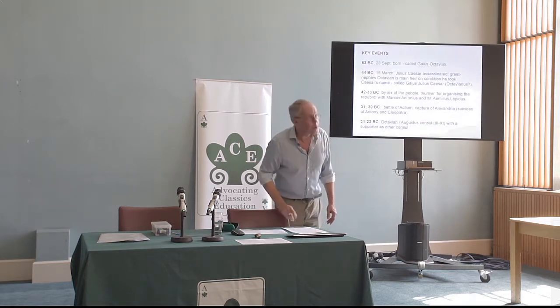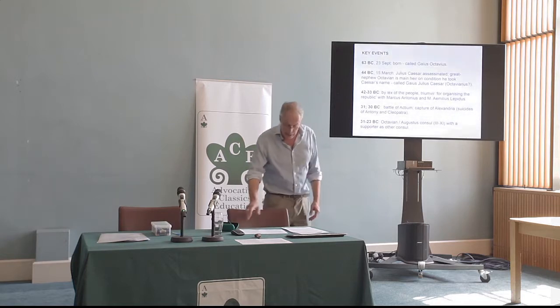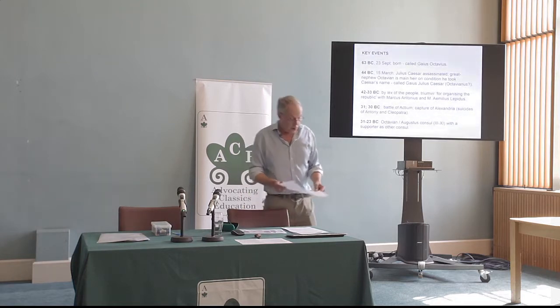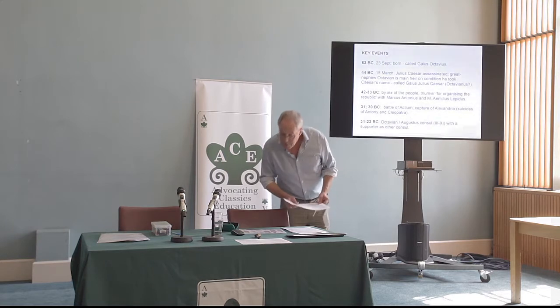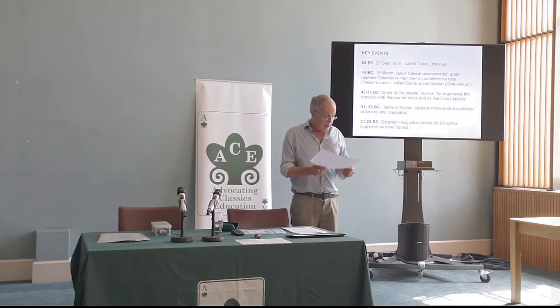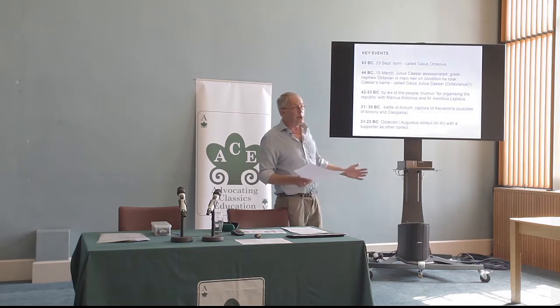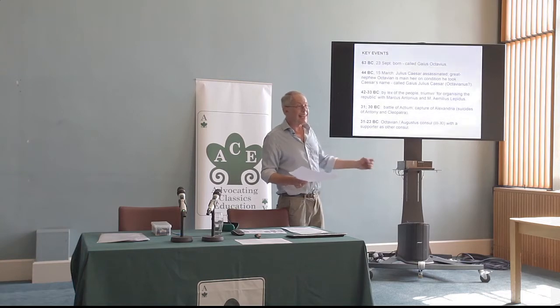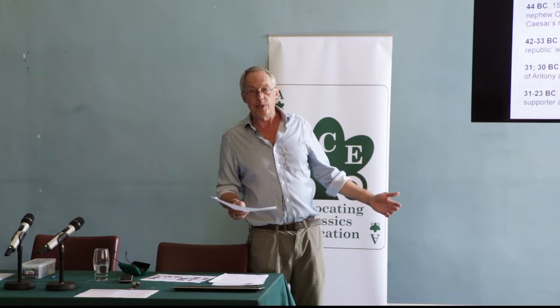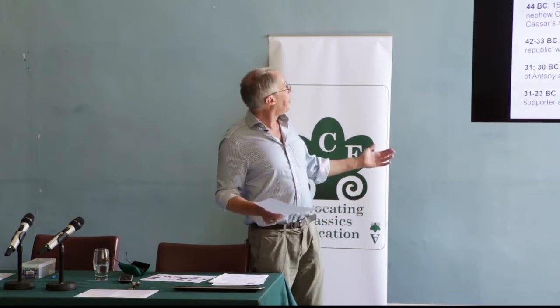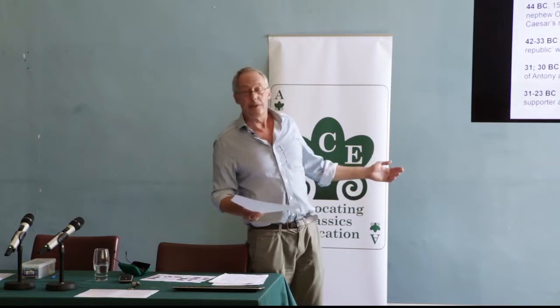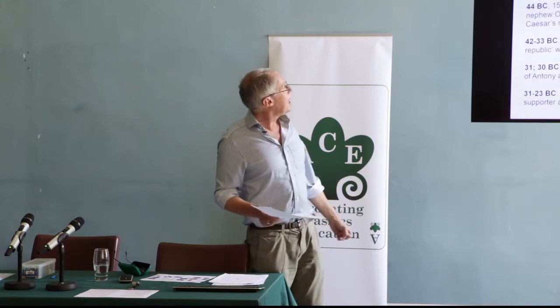Right, and what you've got on the handout, and I put here, are the key events in the rise of Augustus. And, how am I doing for time? One of the things you have to note and you have to get straight and teach your students at some stage is his confusing changes of name. He's born in 63 BC, the year that Cicero is consul, and he's born Gaius Octavius. Gaius is his first name, Octavius is his family name.